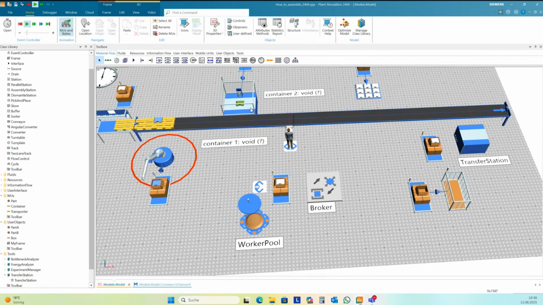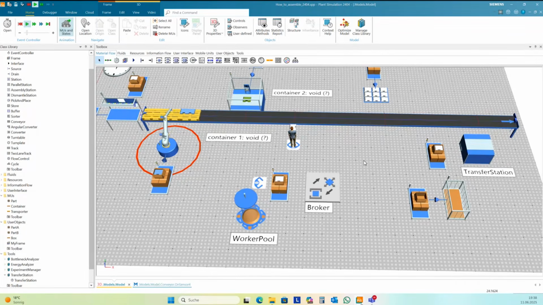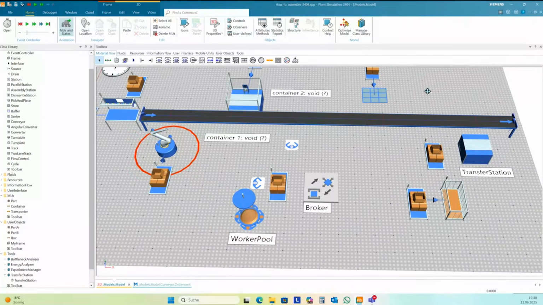Okay. Okay, now transfer station takes the next part and moves to our pallet, and then the pallet is full.